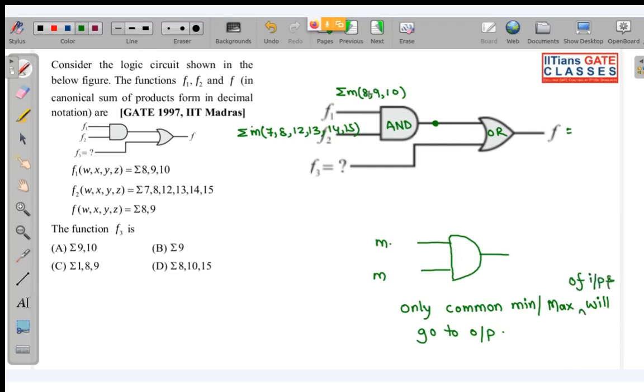So here you can see 8 is common, 9 is not common, 10 is it common? No, 10 is also not present. So output of this AND gate will be what? Only minterm number 8. Only common minterms of input will pass through your AND gate and go to output. Okay, note this down. Now